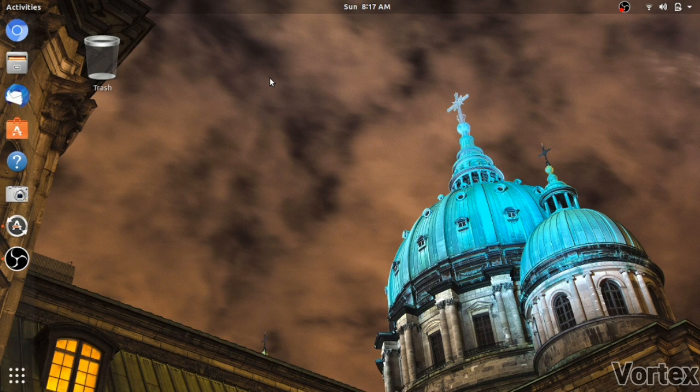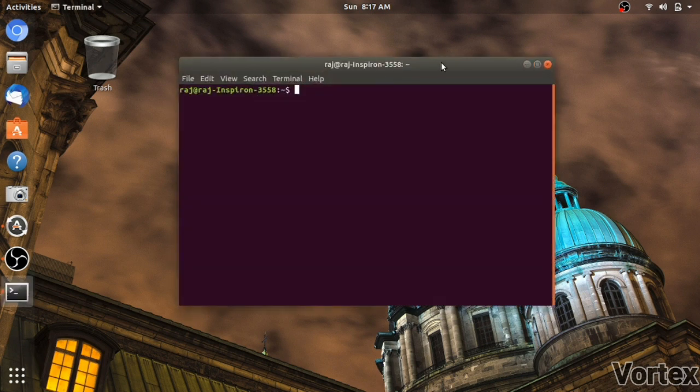So first of all, I am giving you the shortcut to open the terminal: press Control and T. It will direct you to the terminal. Now first of all I am going to give you 2 or 3 basic commands which help you a lot. First of all, cd, it's called change directory.